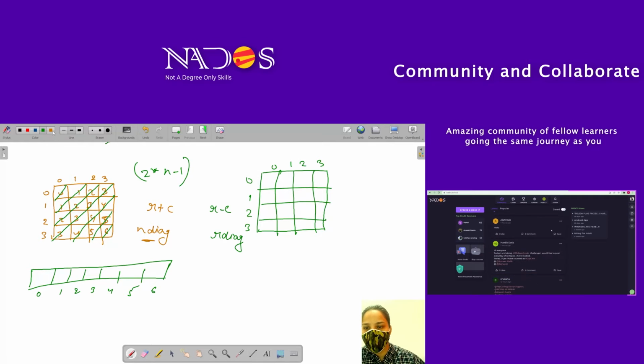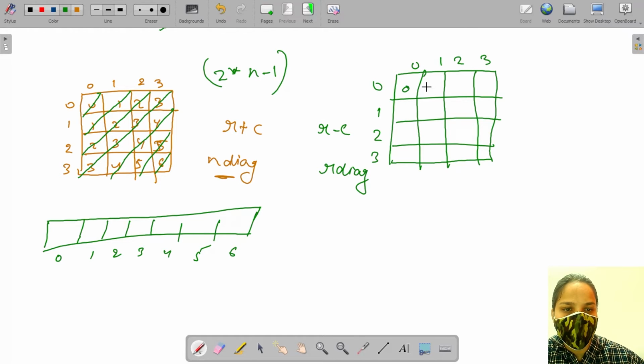Here r minus c will be 0, 0 minus 1 is minus 1, 0 minus 2 is minus 2, 0 minus 3 is minus 3. But can you see we are going to create an array of the size present here. How am I supposed to create an array with minus 1, minus 2, minus 3? Can I start my indexing from minus 1, minus 2, minus 3 in my array? If not, then why am I placing these values? I would not be able to find in which cell, in which column I'm going to put my queen or not. So for that, what I'm going to do is,